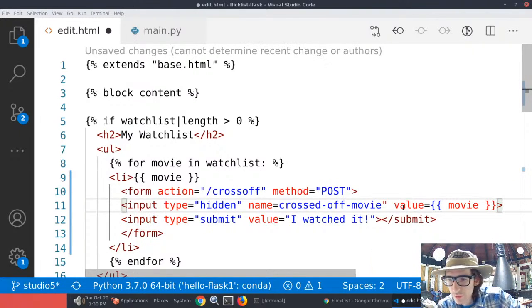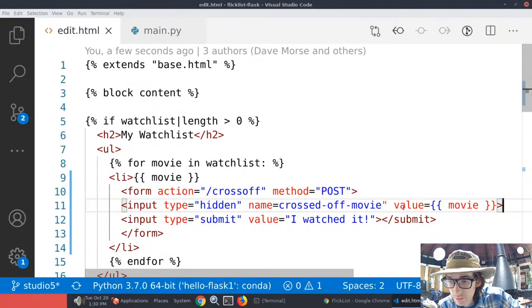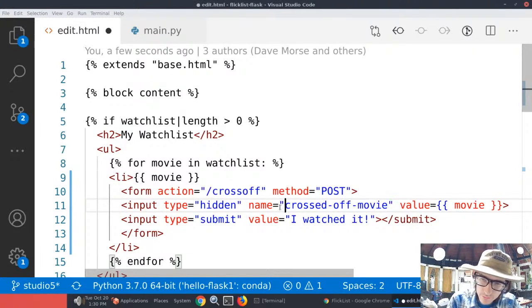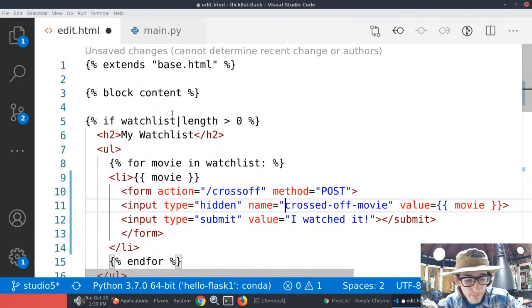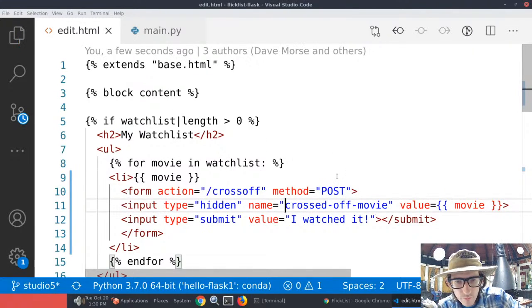And making sure I got all my stuff in there. Save. It's looking weird here. Oh, forgot a. There we go. Okay. Let's see if that works. So this will be our crossed off movie